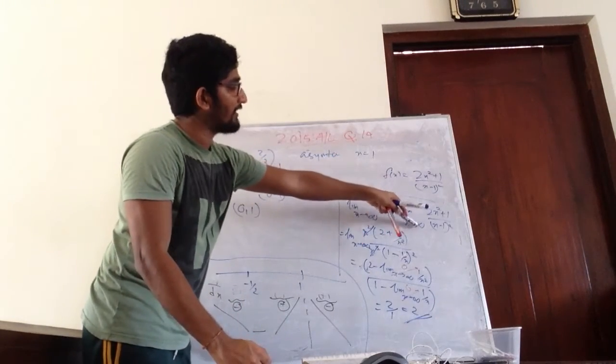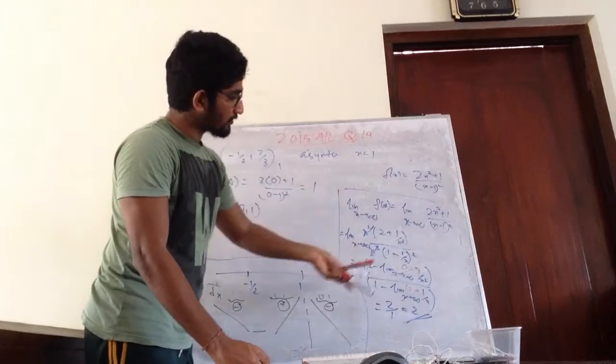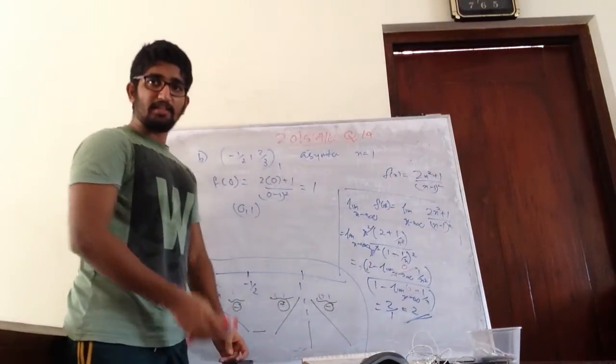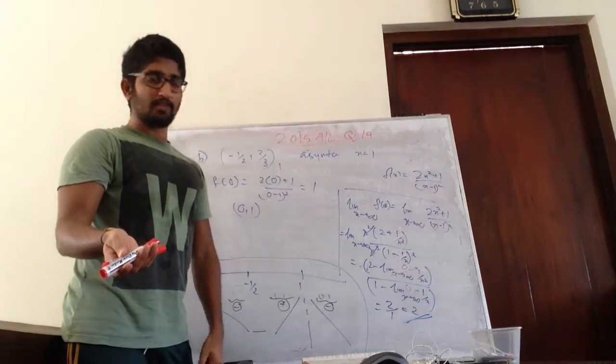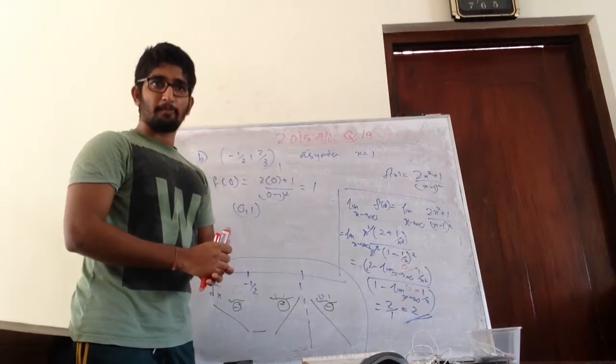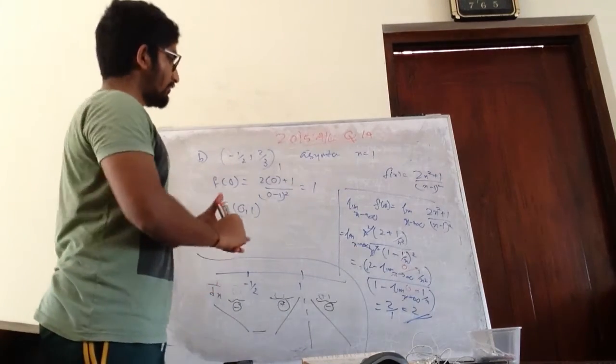Now this answer did not depend on whether infinity is plus or minus, no? So when plus infinity and minus infinity, this will go towards 2. Right? So write this down.